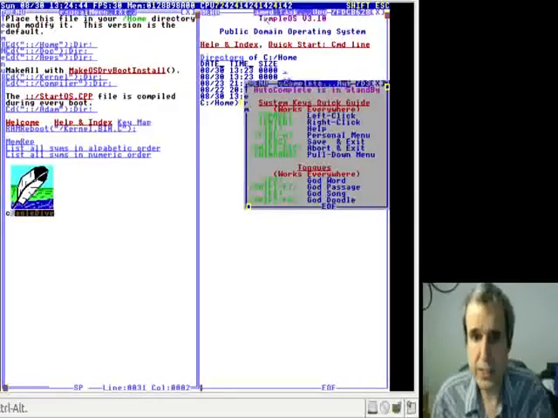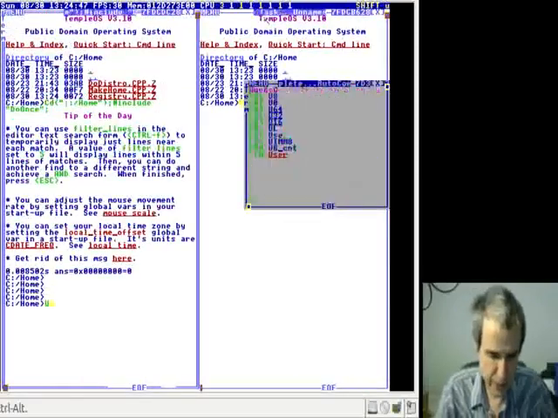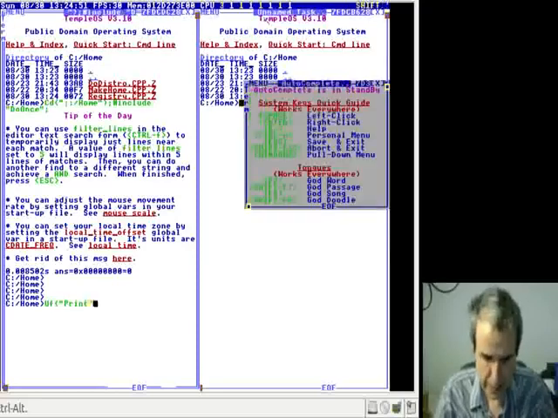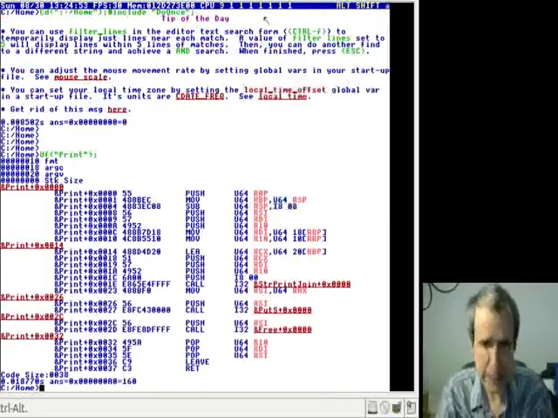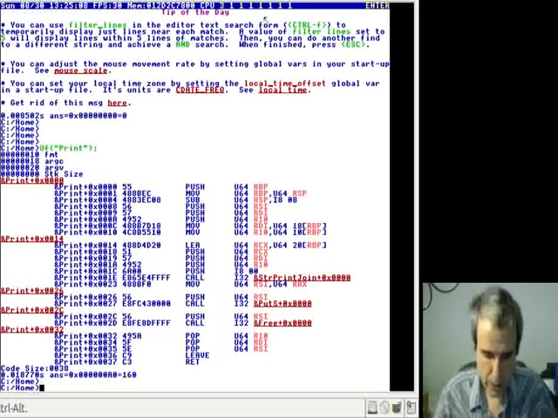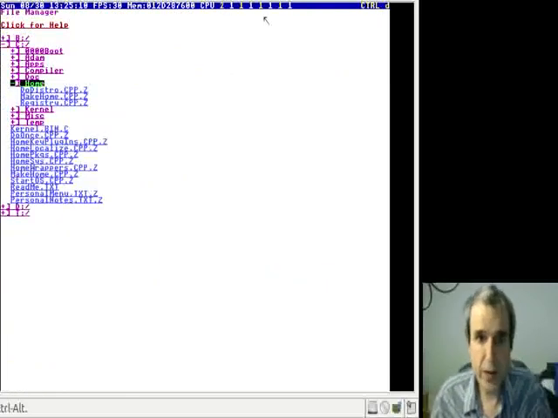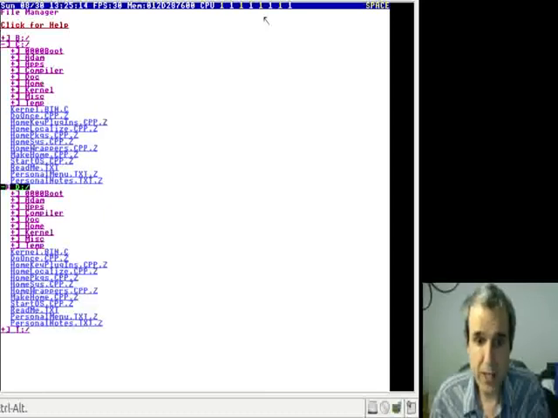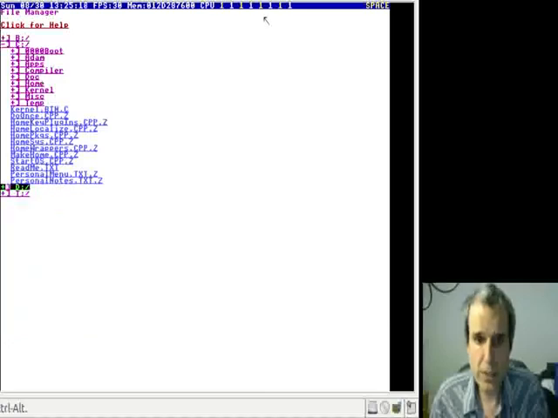so this is not DOS. I can say unassemble function, print, and this is 64-bit. This is ring 0 only, and it's identity mapped. So what I'm going to do is prove that it's 100% open source. So I'm going to delete the binaries and then recompile. So first of all, I'm going to